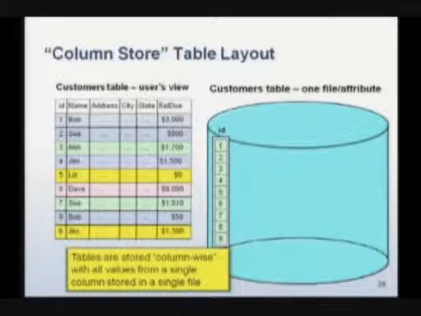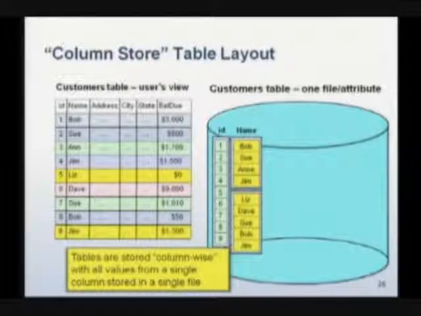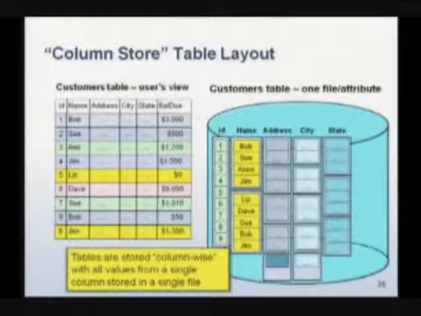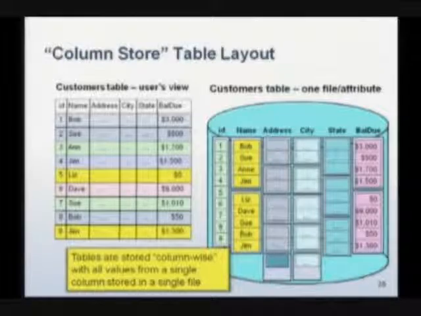So you can see all the ID values are stored together in one file. Then the names are extracted, and all the names are stored after one another in pages on a file. And the IDs all fit on one page. The names took 2 pages. So there you can see Bob, Sue, Ann. Then I do addresses. Addresses are bigger, so I need 4 pages. You see little 4-page things there to hold the addresses, and then cities, and then states, and then balance due. So it's a very simple idea. As I said, a very old idea that is now gaining popularity. Instead of storing things row-wise, I store things